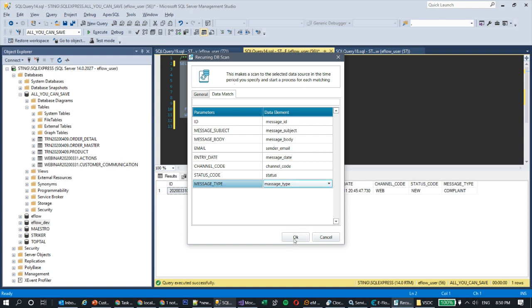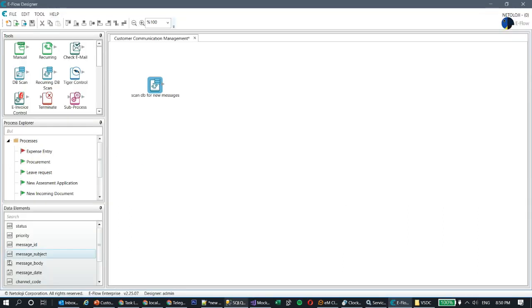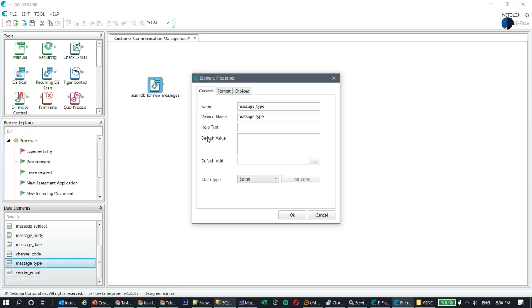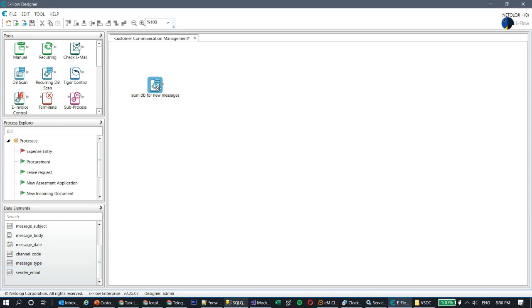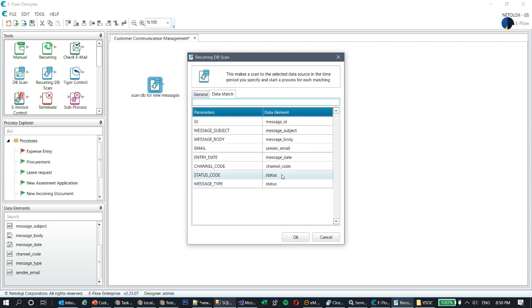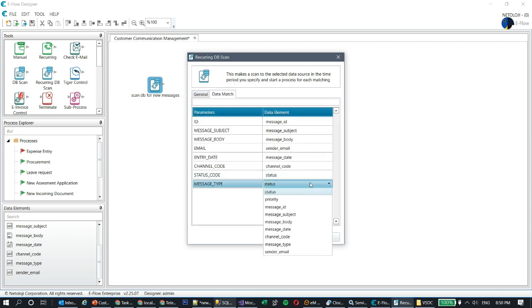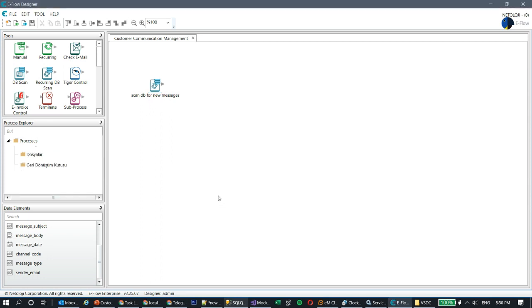Oh, it's been massage type. Let's change it. Not massage, it should be message type. Alright, go to the DB scan. Message type should be message type. Yes. So I save it, and